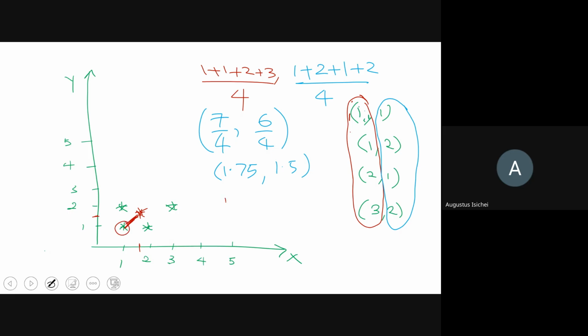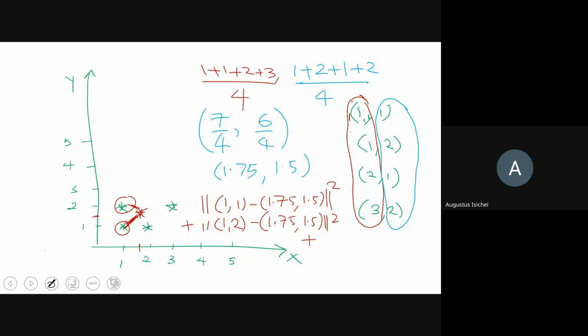If I do (1,1) minus (1.75,1.5) and take the square of it, plus the distance to this point here, that is (1,2) minus (1.75,1.5) squared,